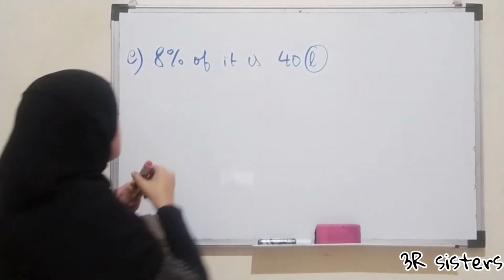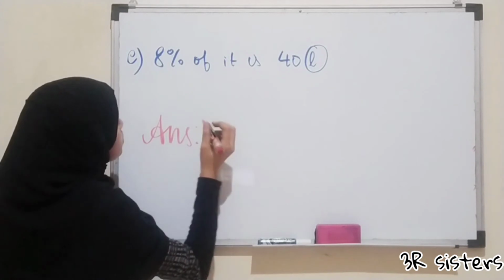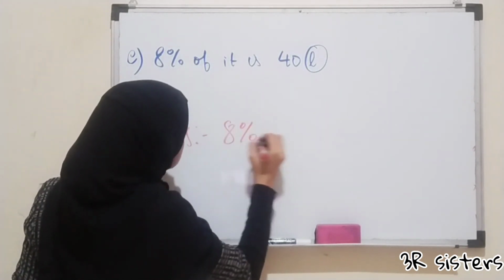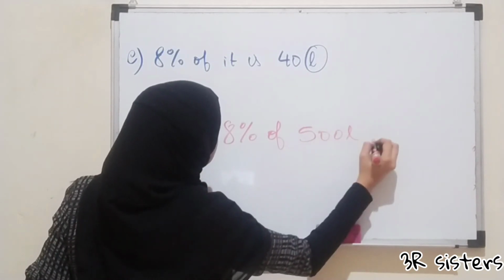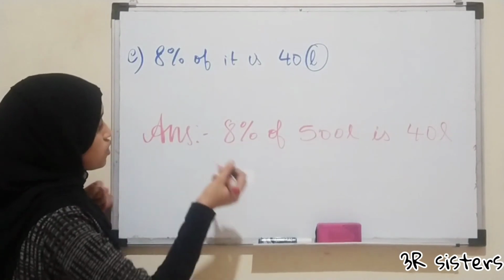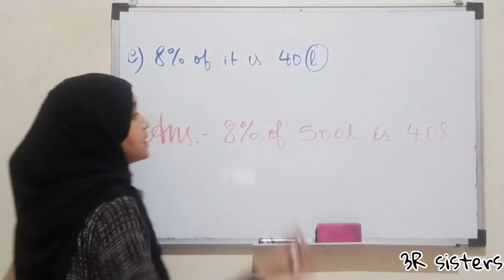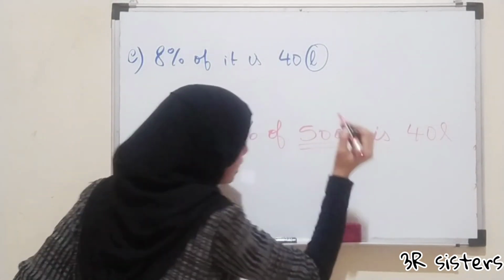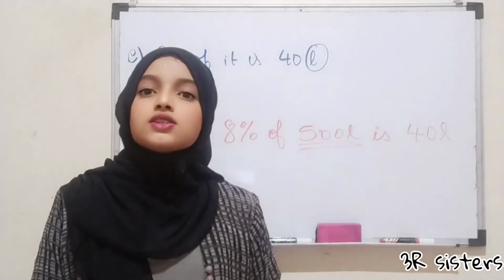Okay, now how will we write it? Answer is equal to 8% of 500 liter is 40 liters. So we got the answer. So this was question